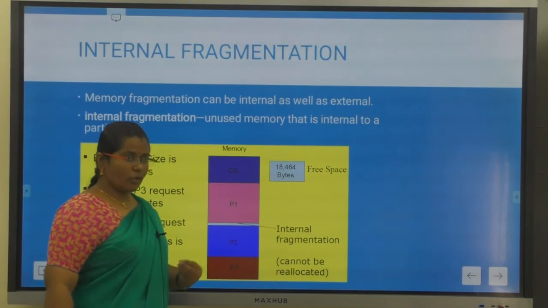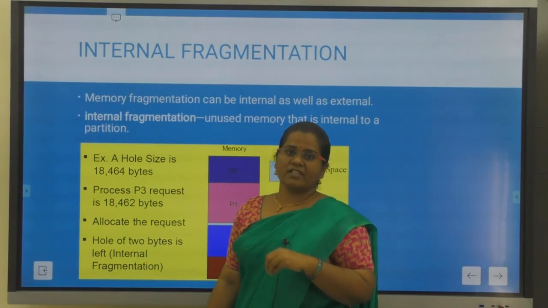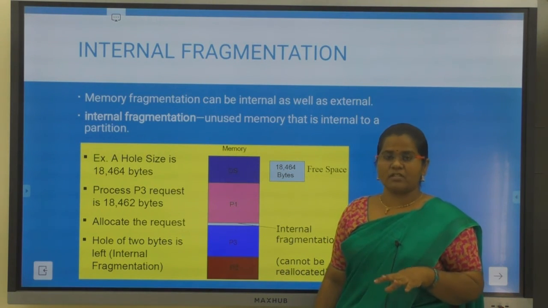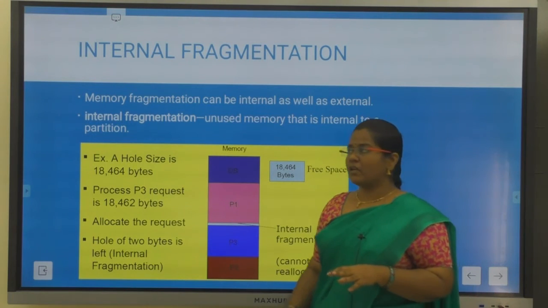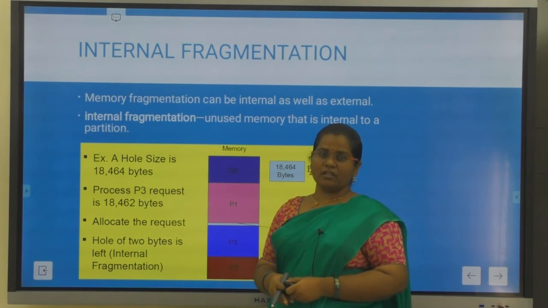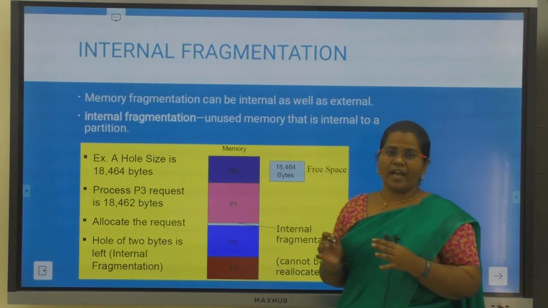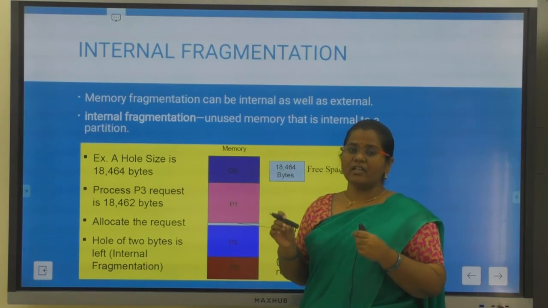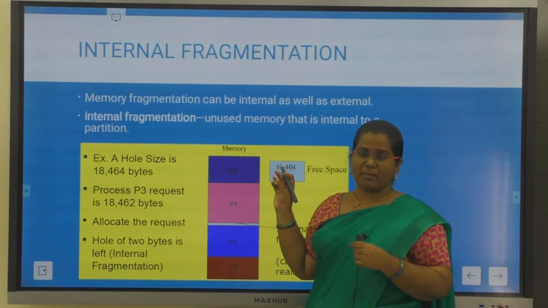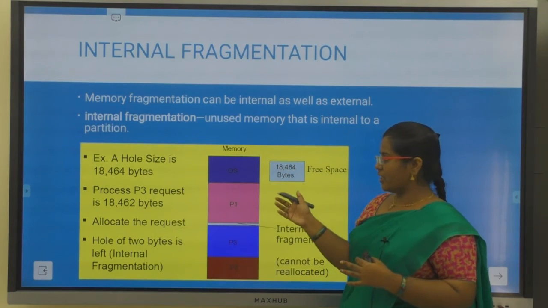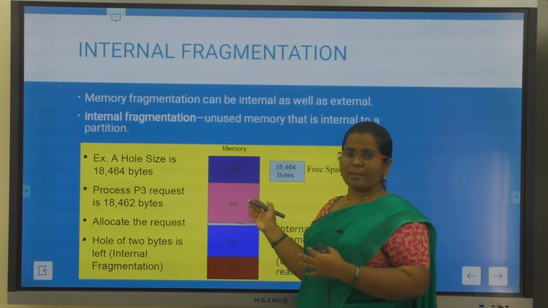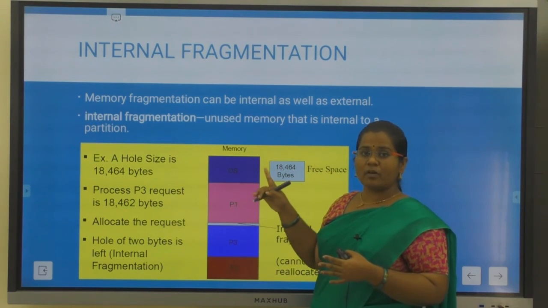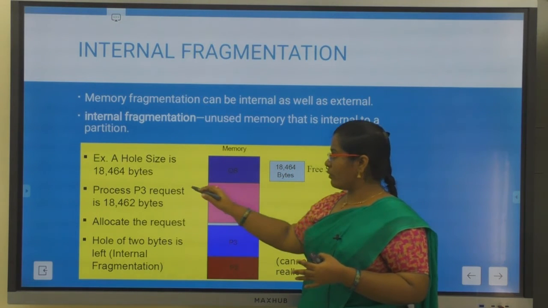Okay, so now we'll go with the disadvantages of fixed and variable sized partitions. We call those disadvantages fragmentations. These fragmentations are of two types. One is internal fragmentation. This fragmentation is the wastage of memory that occurs within your main memory. Internal fragmentation means, when you store your process in the partitions in fixed sized partitioning, if you remember, I can store only one process in one partition. So let us go with an example.